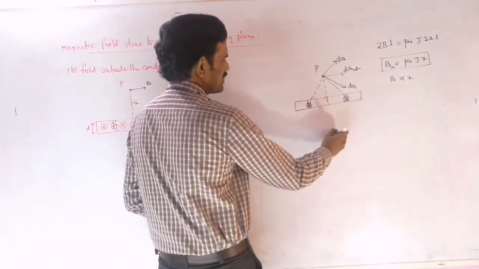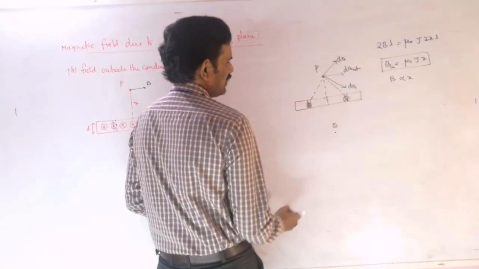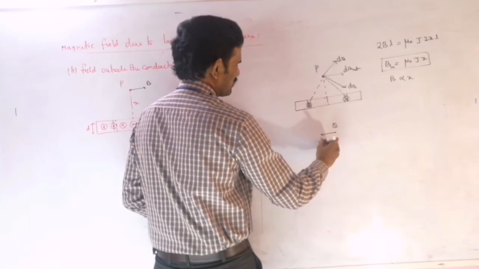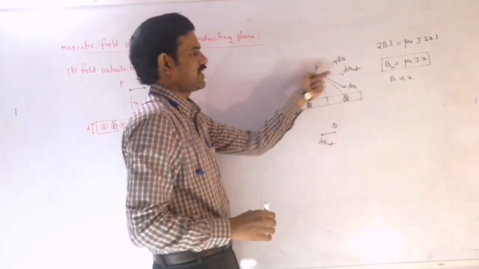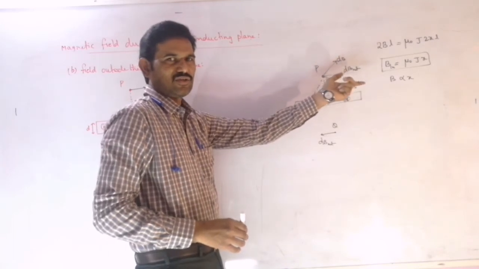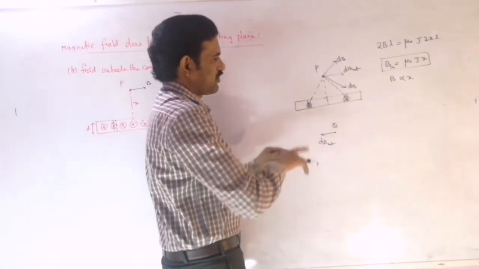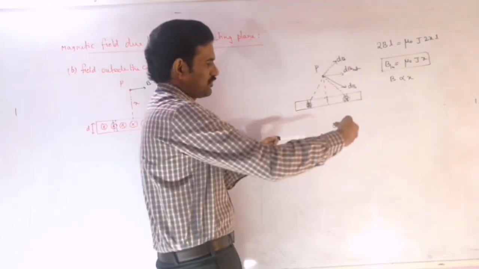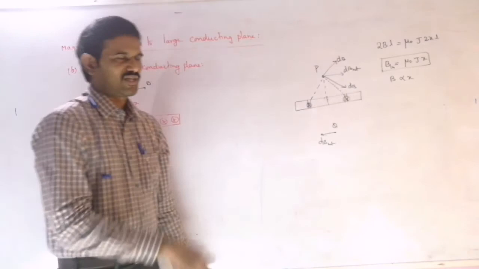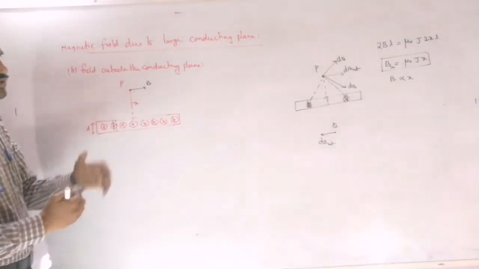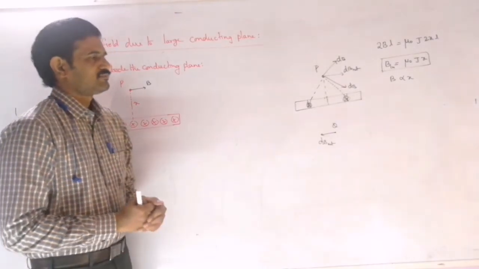Similarly, if you take such a symmetrical point below this, then the net magnetic field will be opposite to that, you can write here. The net magnetic field here is towards right, parallel to the plane and parallel to the width of the plane. Then towards left you will get the opposite direction, right? So that is the field direction there. You may mention that about the field direction.